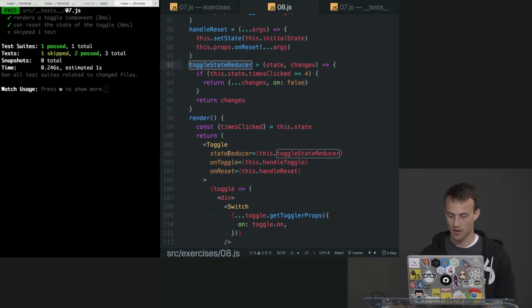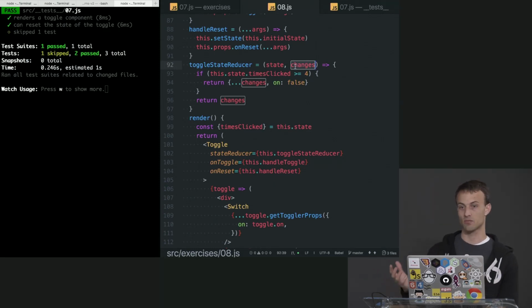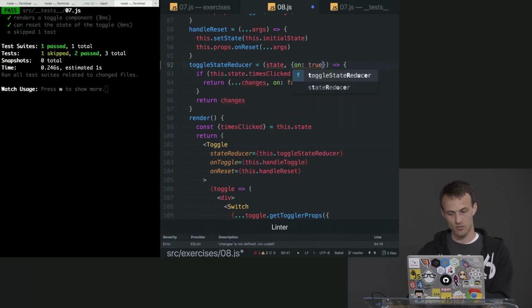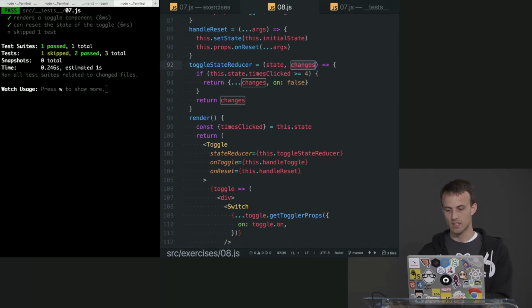Toggle accepts that as a state reducer prop, and it's going to call the function with the current state of the toggle, and then the proposed changes. So these are the things I'm updating: the on state from true to false, so on is true when it's called. And inside of this state reducer, we're going to say, okay, if on my own state, they've clicked more than or equal to 4 times, then I'm going to let you finish, but first I